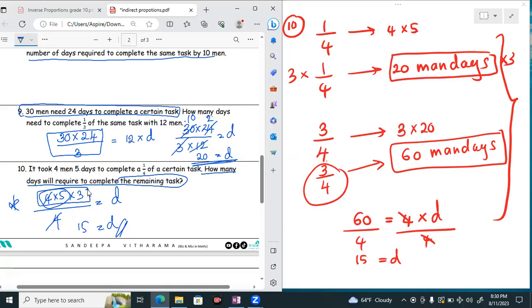So the magnitude of the work, or the amount of the work, has been found. It is 4 times 5 times 3, it is 60. Okay. Then this should be completed with these 4 men. And then it is divided by 4. Then the answer is 15